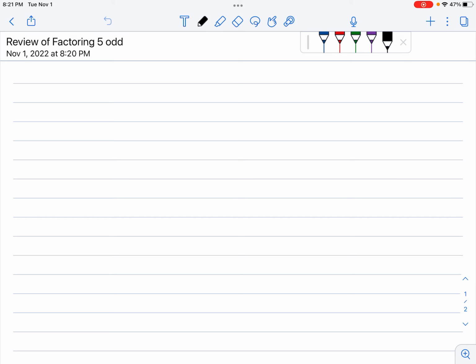Okay, gentlemen, we're going to take a look at some basic review for factoring, right? This is what we were going to cover in class today that we didn't get up to, but just a review about what factoring is for us. Maybe some of you have seen this before in middle school, maybe some of you haven't, but factoring for us is when we set the equation equal to 0